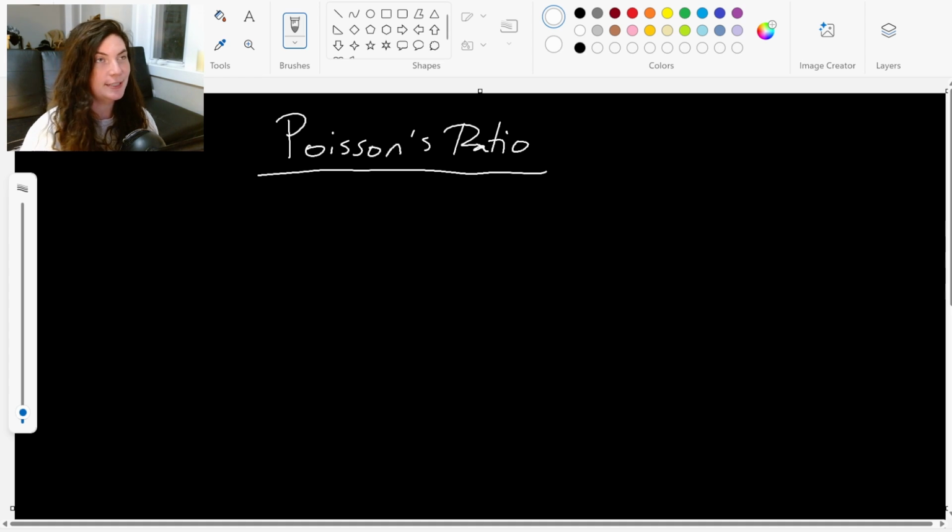So this is Poisson's ratio, and it is the ratio of the lateral strain that we see in a body to the longitudinal strain. So what that looks like, Poisson's ratio as an equation, is the Greek letter nu, which looks kind of like a fancy V is the way that I draw it. And that is the negative lateral strain over the longitudinal strain. And when I say lateral